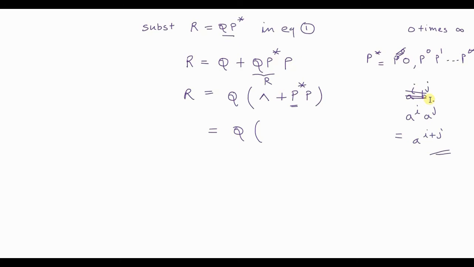correct? So now in this case it is P raised to star and P raised to 1. So this can be written as P raised to star plus 1, right? Now star means 0 or infinity. So infinity plus 1 will also be infinity, right? So this whole thing can be just written as star only. That's the meaning of it. So this can be written as null or P star. Yes? And then R can be written as Q in bracket null or P star.